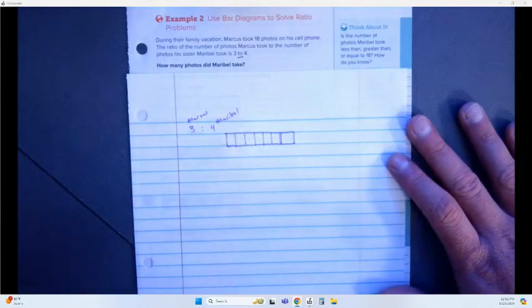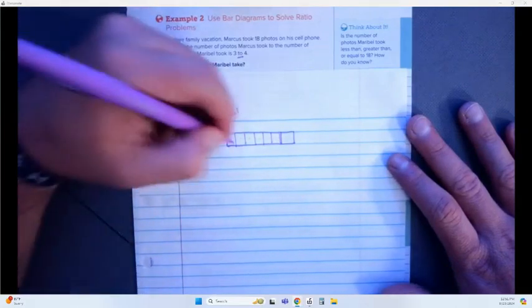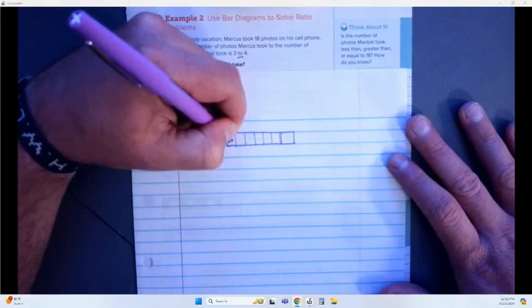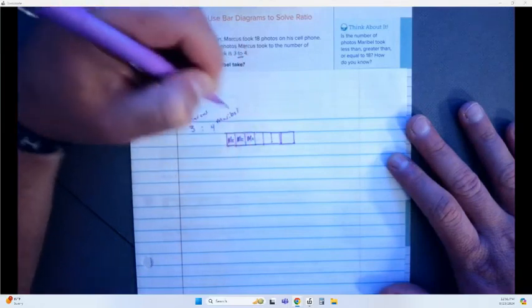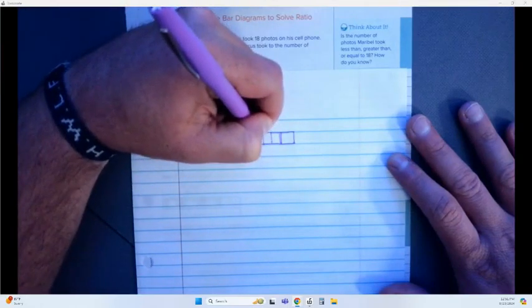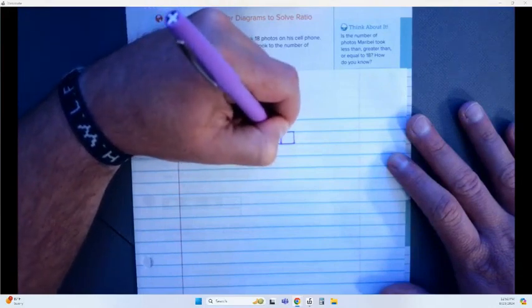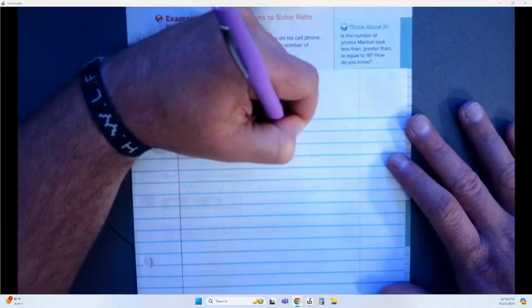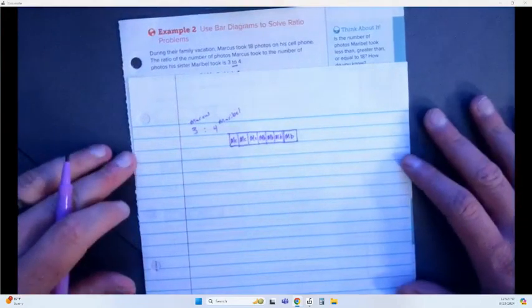I'm going to put MC for Marcus and MB for Maribel. I've got 3 for Marcus and 4 for Maribel. Okay, so I've got my 3 to 4 ratio laid out